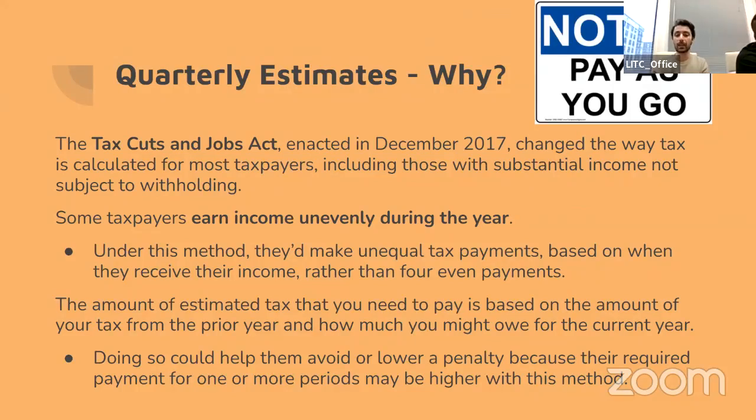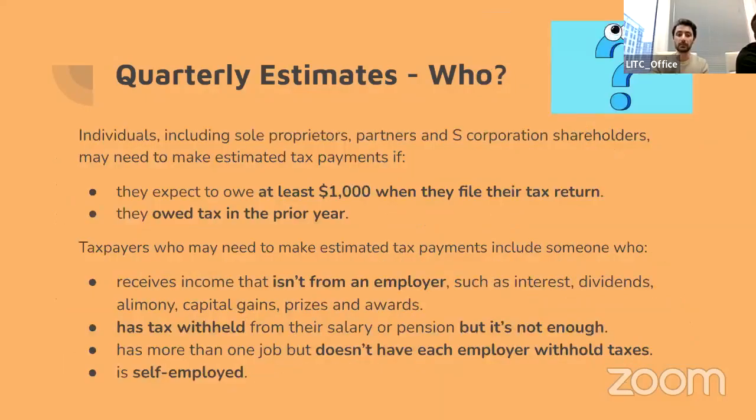These quarterly estimates are usually based off of the previous year's. So keeping track and knowing if there has been a great change in your income will impact whether you want to take more out or if you just want to stick with what has worked in the past. If you do just recreate last year's, do expect that there might be an overpayment and you'll get a small refund at the end of the year, or you'll owe a small balance at the end of the year for what was unpaid. So who needs to do quarterly estimates?